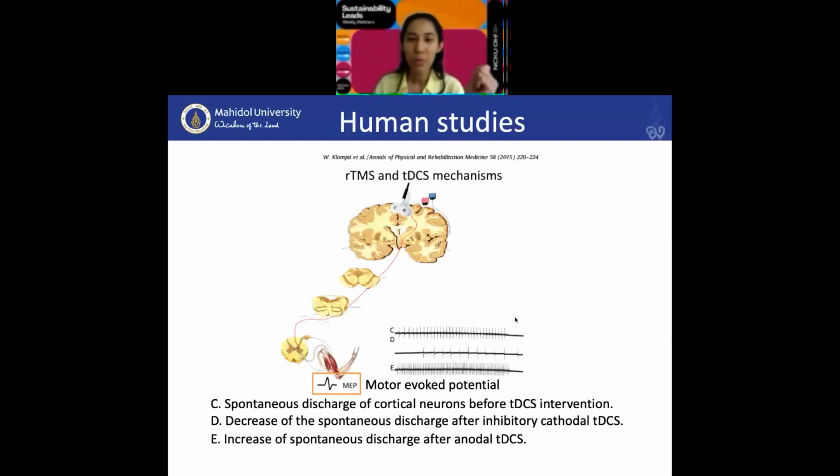anode or cathode. Okay, so this is a picture to show you how they measure the motor evoked potentials. Maybe some of you know TMS before, but TMS is another brain stimulation technique. When they apply TMS here, we can record the activity of muscle contractions by EMG. And then they use TMS to evaluate the effect of tDCS, all right? So